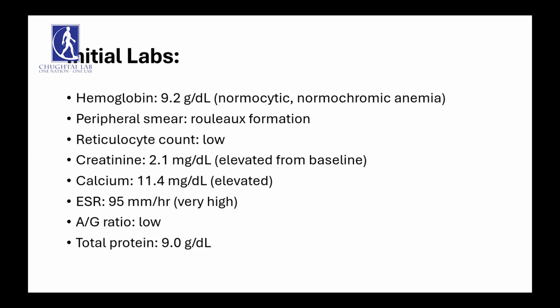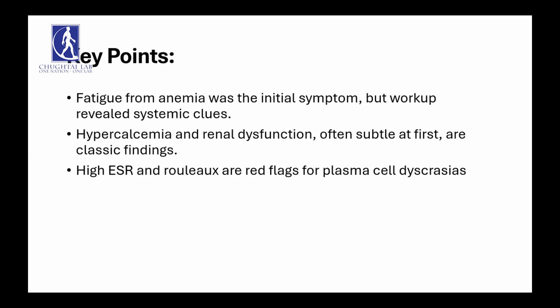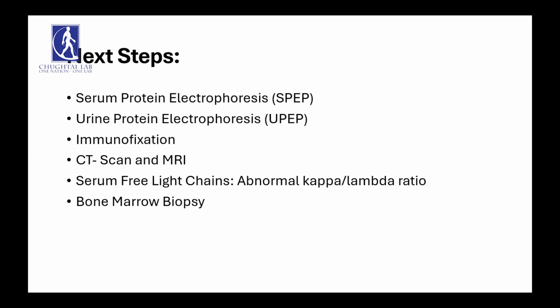So in order to further establish our diagnosis of multiple myeloma, we need other tests, like serum protein electrophoresis to identify the concentration of the monoclonal proteins present in our body. Urinary protein electrophoresis to identify the light chain Bence Jones proteins. Immunofixation to identify the type of the monoclonal proteins that are present in our body. Also a low dose CT scan, MRI, serum free light chains with kappa lambda ratio, and bone marrow biopsy, which